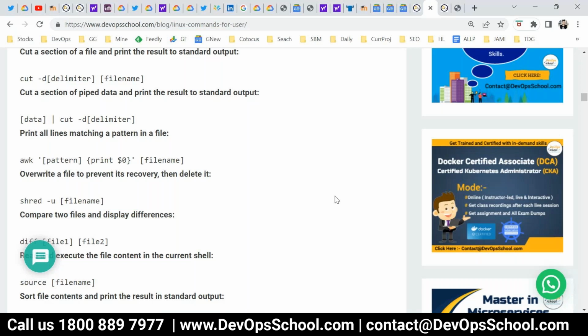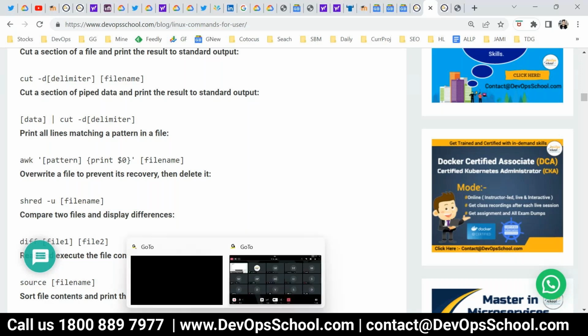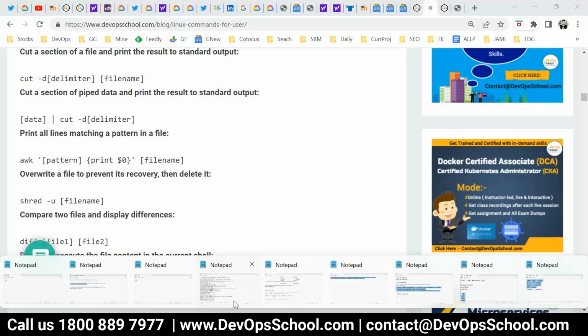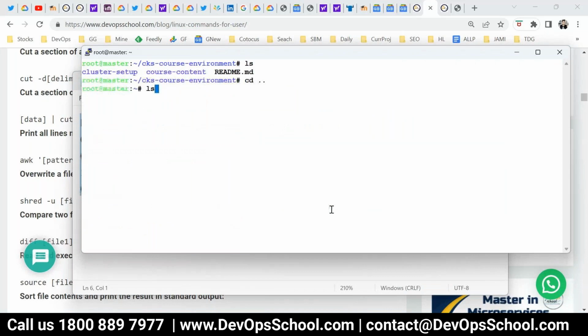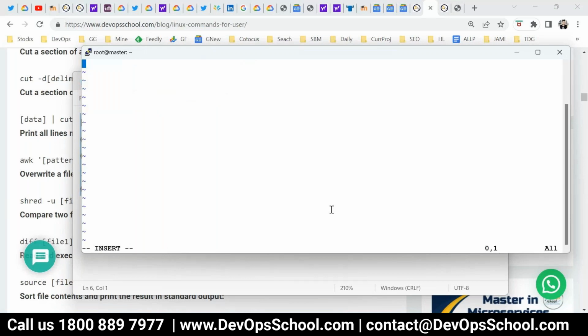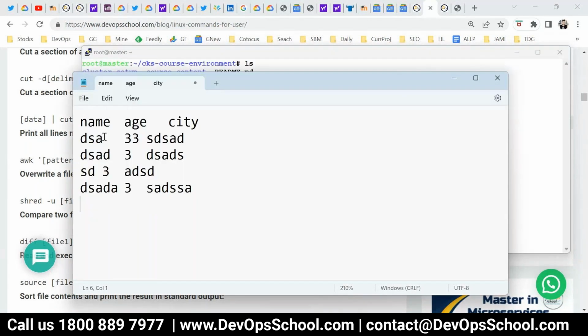So let me give you an example. Let's say I'm copying this content in here. vi raj.txt, enter and put it up. Now I want only the name to be displayed.